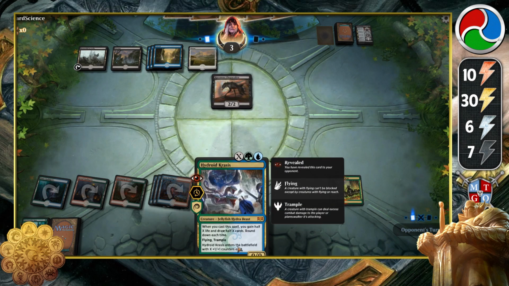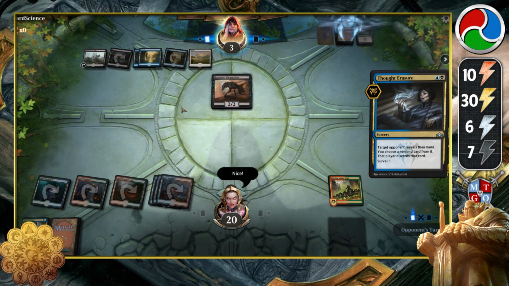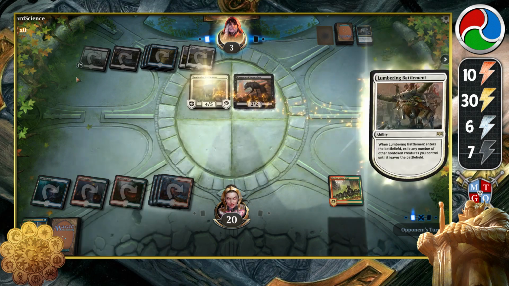But at least with this Hydroid Krasis, they're going to have some sort of... Oh, there we go. They got it. Nice. Nice job by our opponent. That's some good Esper right there, saving themselves the game. Now, we can top deck... We can get a couple different things. If we end up going for...